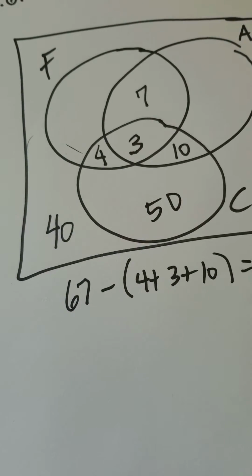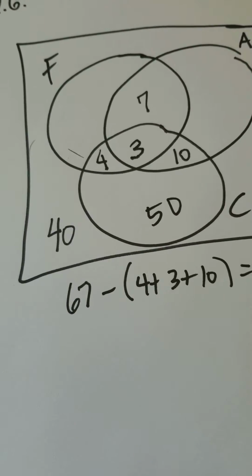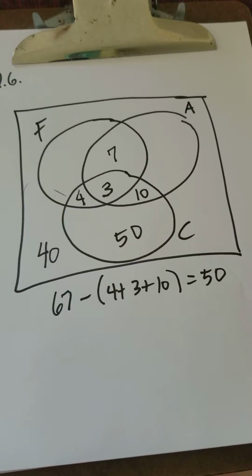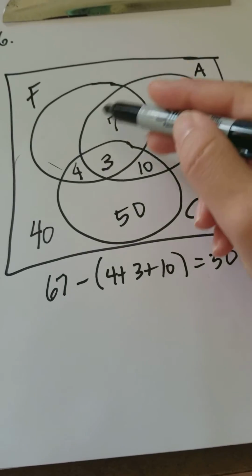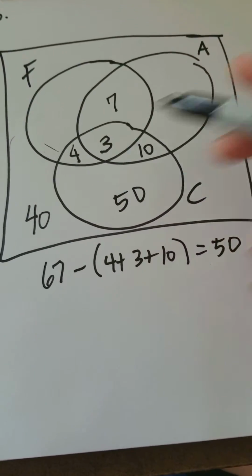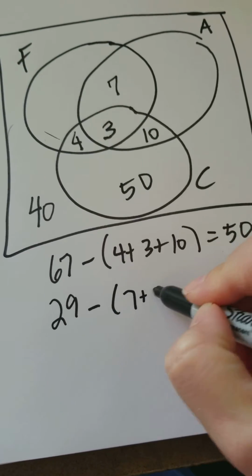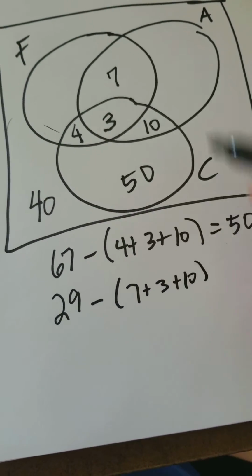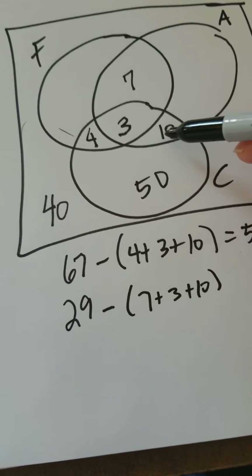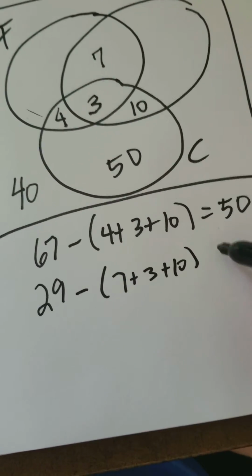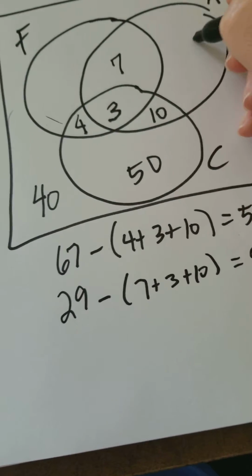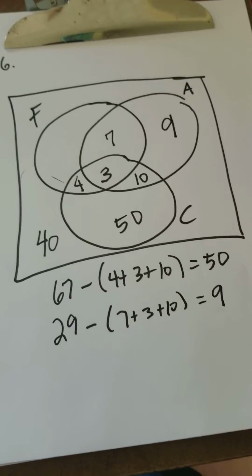Was that clothing? Yes, it was. Okay. And then 29 had appliances. So these 4 regions together equal 29. So 29 minus the 7 plus the 3 plus the 10 that we'd already accounted for. So essentially there's 20 that's right here, minus the total of 29, means that there are 9 that bought appliances